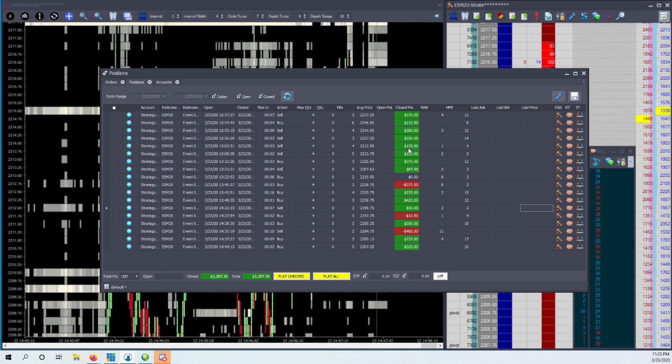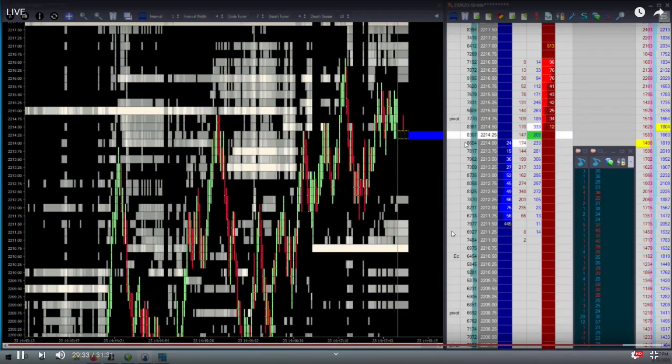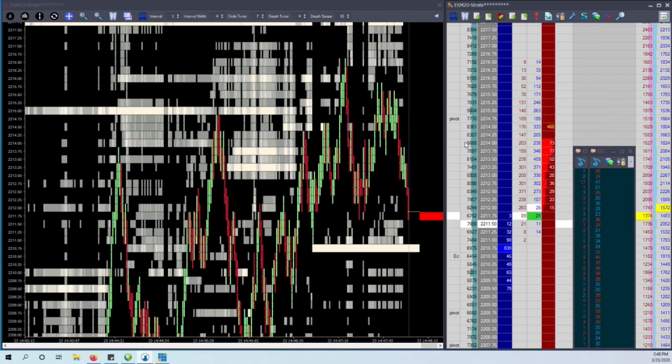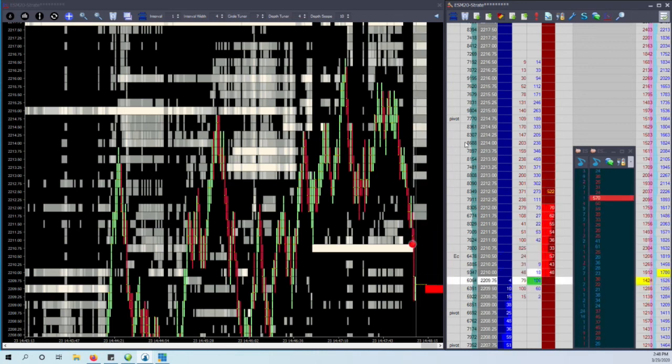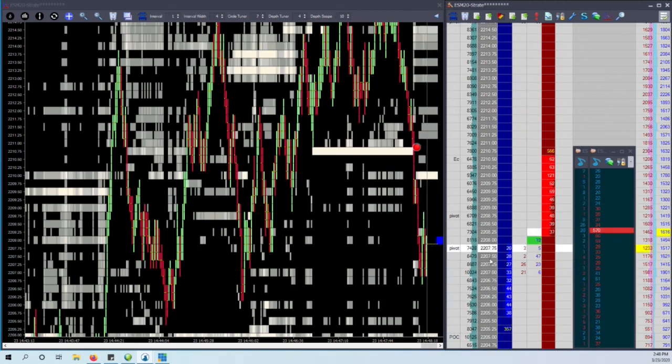So the first one's 11, 8, 12, 14, 4. That's 49 ticks. So these top 5 trades are 49 ticks, all profit. And again, that's 49 ticks. And if you scalp your way into a 50 tick win 5 times, you're making about the same amount of money, but it's 5 times doing it my way, or trying to scalp your way in 5 times for one big position, because you have to scalp your way in.